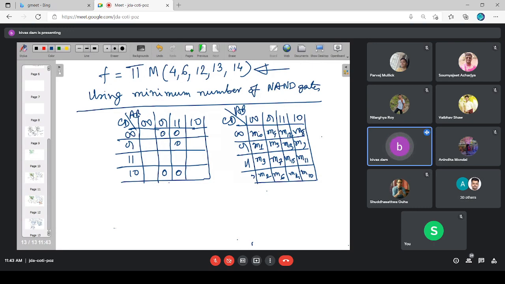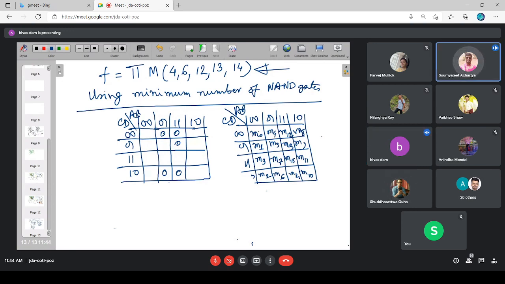When you are doing it in SOP, you are grouping the ones. Here in POS, you are grouping the zeros. And the groups in both SOP and POS will be termed as PIs. Once again, essential PIs and non-essential PIs will be there. But in SOP, for each PI we were generating the product terms, whereas in POS, instead of product terms, we will be concerned about the sum terms. Now tell me, if we were to go for the minimized POS representation, how many groups will be there?